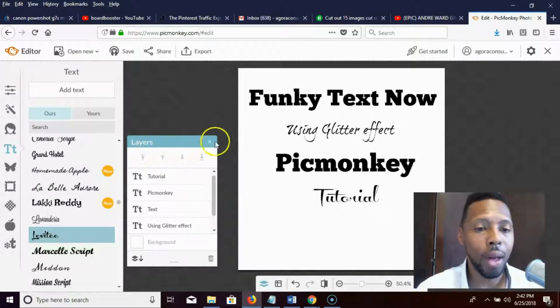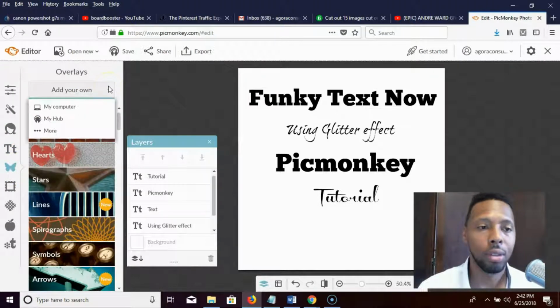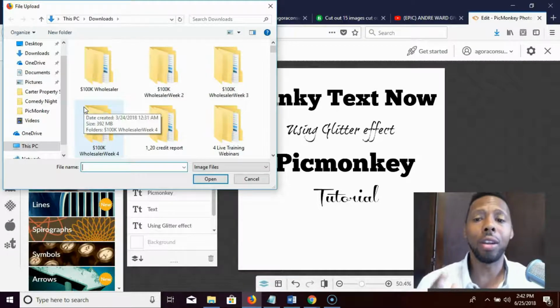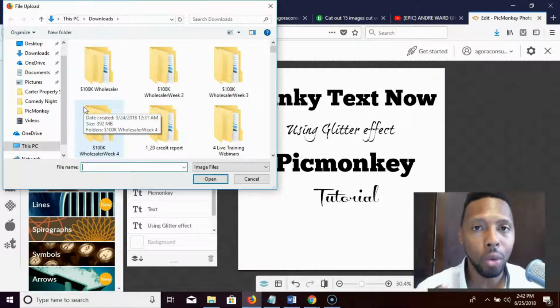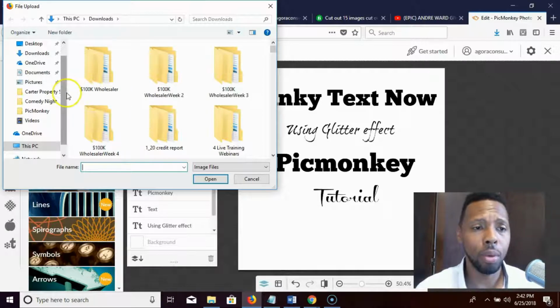And the way that we do that, you click off the canvas. Then we're going to go to the little butterfly to the left, hit add your own, and we're going to my computer. And the reason we're doing this is because I'm finding a glitter effect that I found on Google. There may be some type of effects that you want to use, or different pictures that you want to use within Picmonkey, and that's fine. You would do the same thing. You would just skip the part where it says add your own and find your own little graphic. So mine